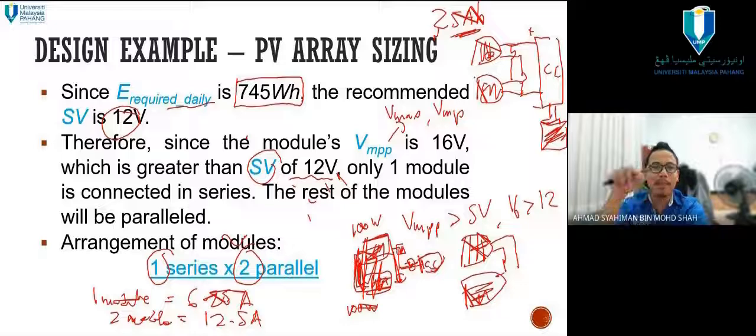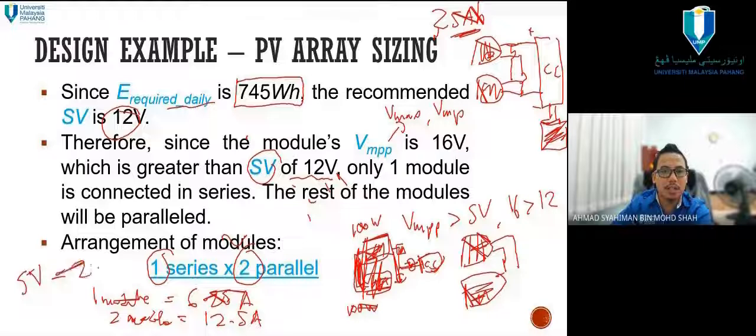But remember 16 volt. Because the 16 volt is greater than 12 volt, then okay. But what will happen if your system voltage is 24 volts? Okay, apa jadi? What will happen if our system is 24 volt? Okay, tak apa, tanya soalan. Saya tanya